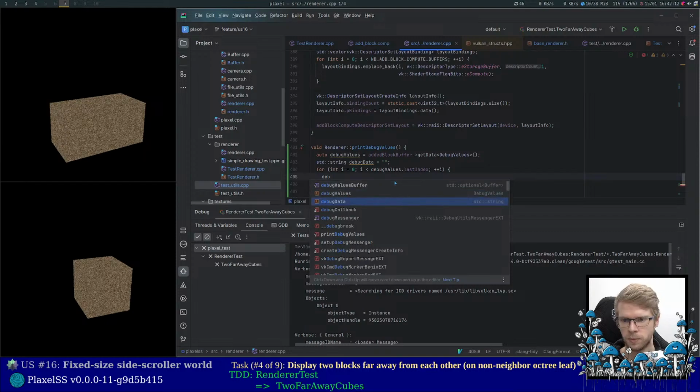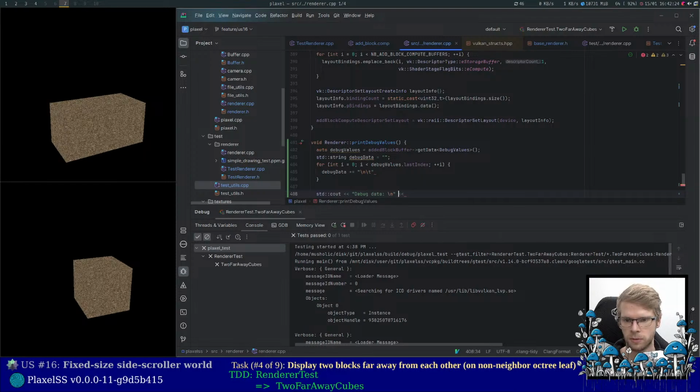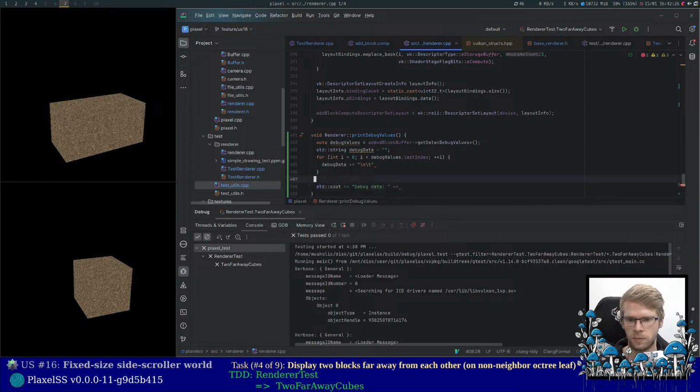Let's do debug data plus equals. Maybe I can do it like this actually. So this way I don't have to... I don't need this, and then I will do